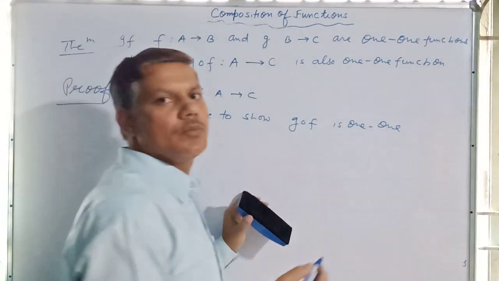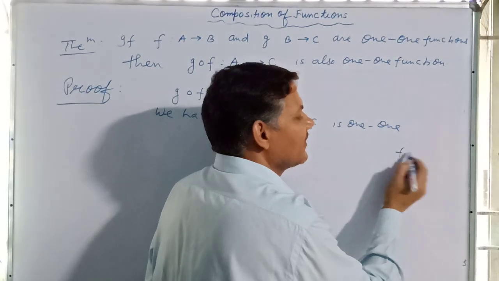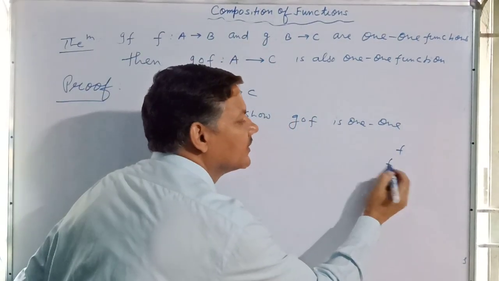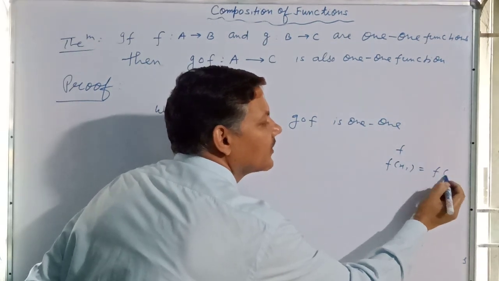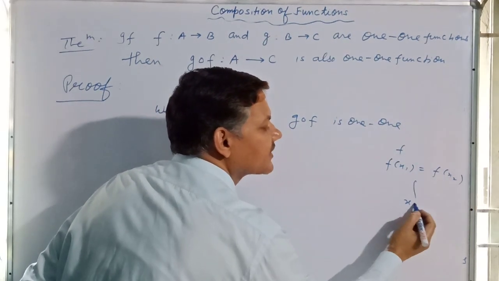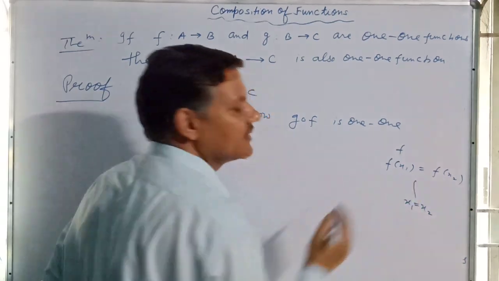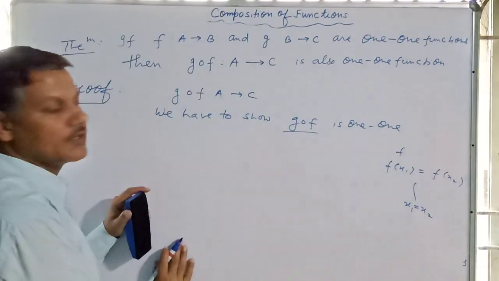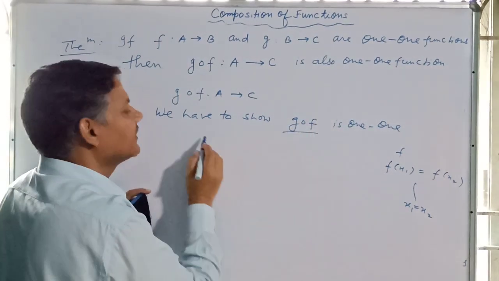Like when we are required to prove that f is 1, 1, then we take f of x1 equal to f of x2, and we prove x1 is equal to x2, then we say it is 1, 1. So in our case the function is f and the domain is A, so let